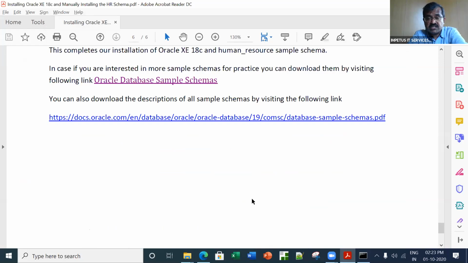If you are interested, you can download additional schemas, and those can also be installed. I do not recommend you to do it right now. Later, when we do some web related things, I'll suggest some additional schemas to be downloaded. But you could very well visit this site and have a look at other schemas which are available. There are a lot of schemas, and there is a lot to discuss about those schemas as well. Here in this particular file, we'll tell you the details about all the schemas which are there.